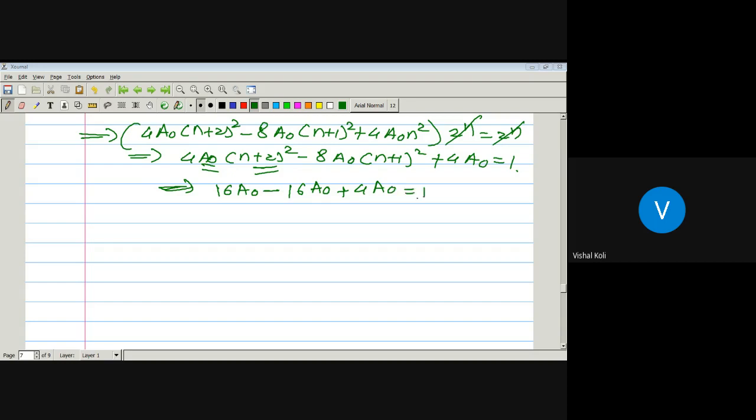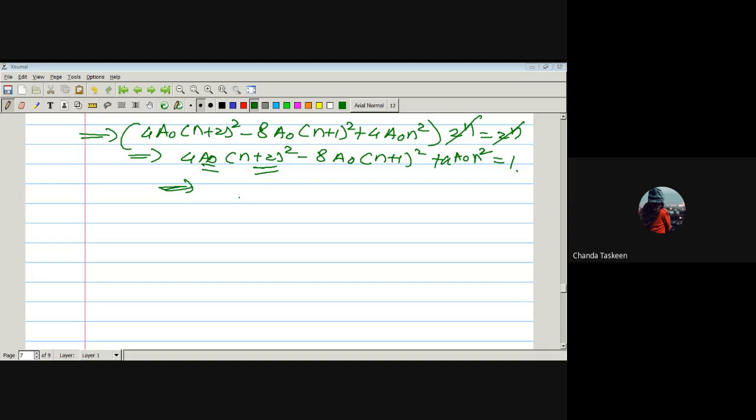Whether this one is correct? It's something n square, 4 a naught n square, sir. Over a naught, sorry. Here it is nothing but 4 a naught n square. Na? So again here there are only two. But actually it is 16, 16 get cancelled. Na? On RHS we should take that one.